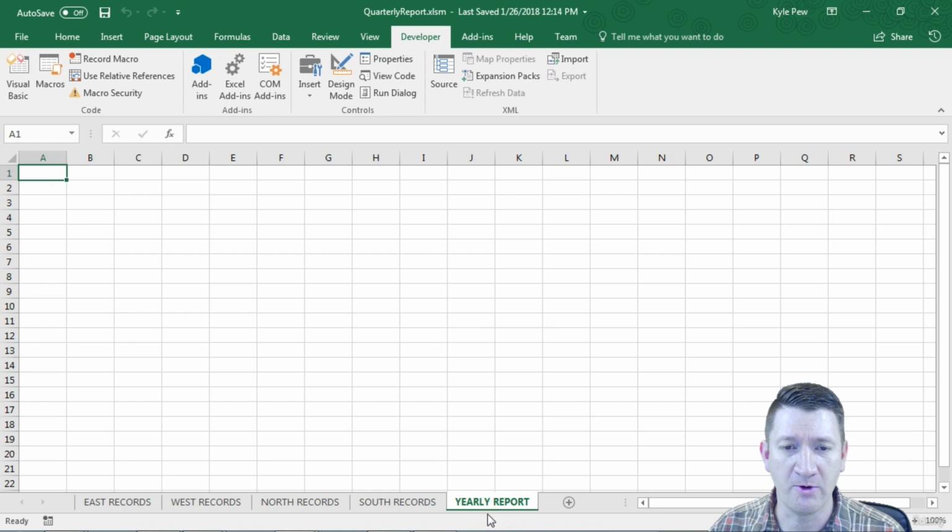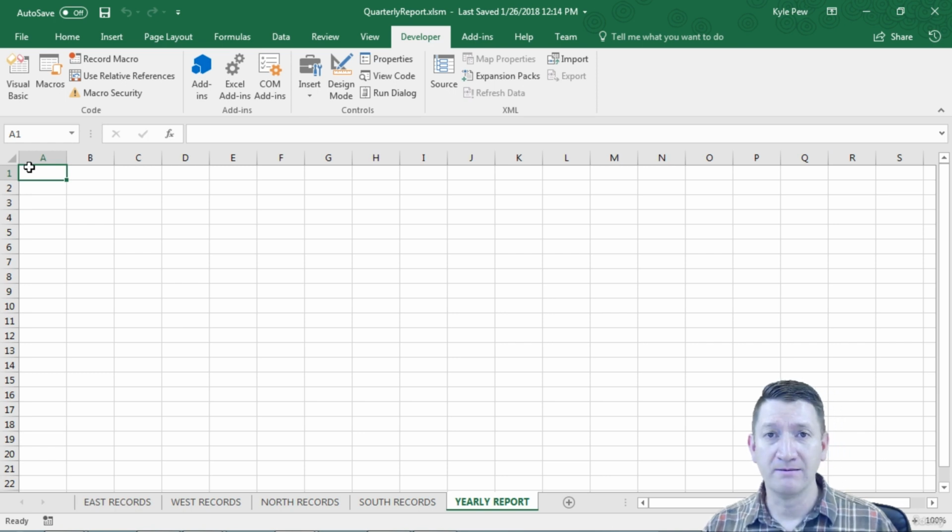If I jump over to yearly report, where am I currently at? If I were to paste something right now, it'd go right to A1, which is great. The first time my loop runs, I want it right there. Well,